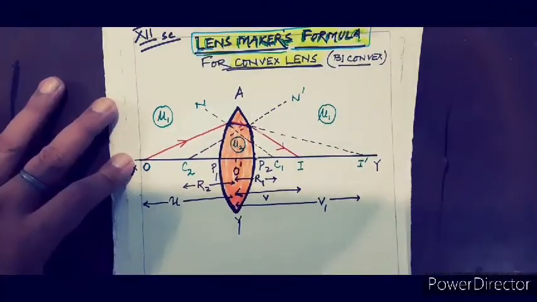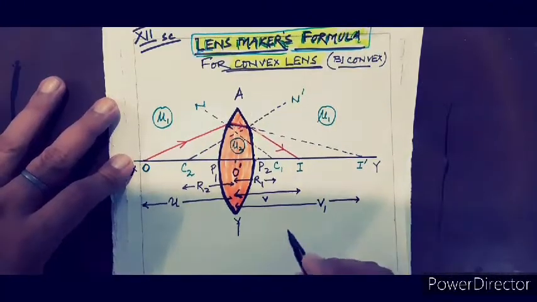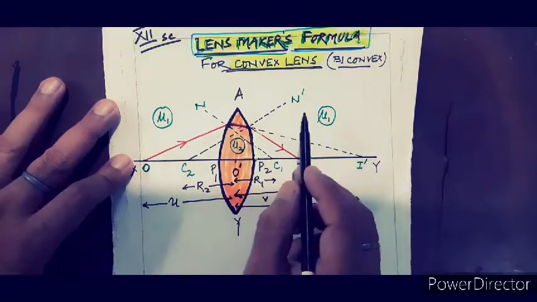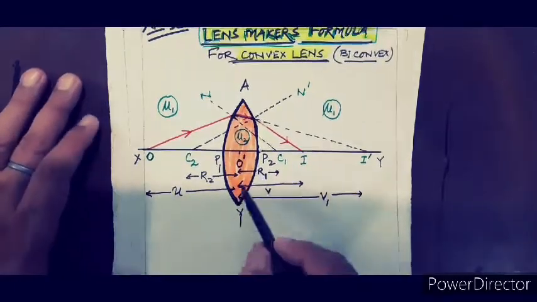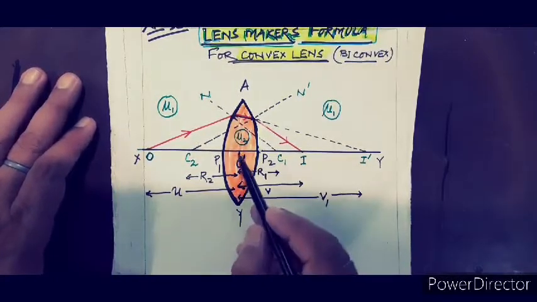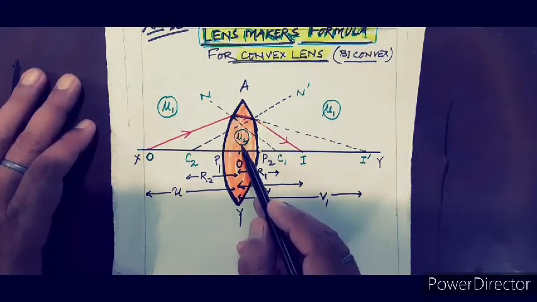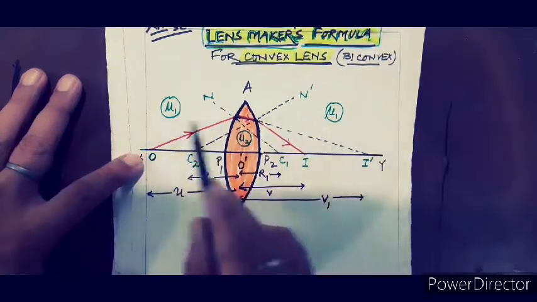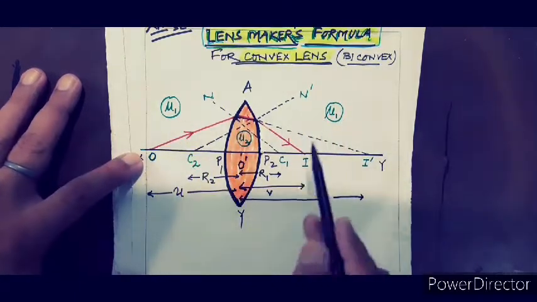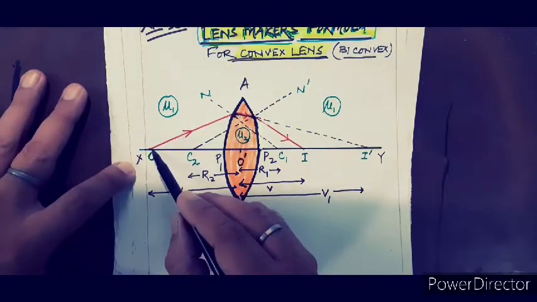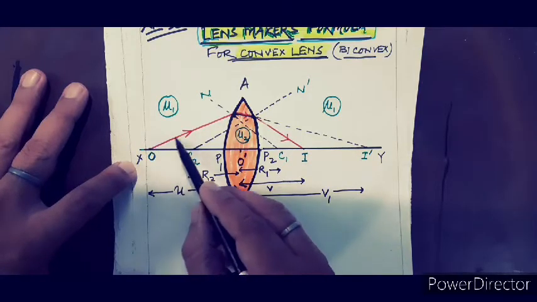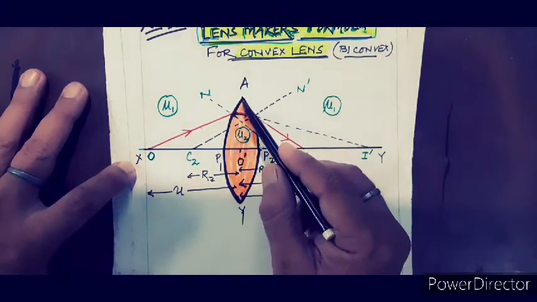In this video, we are going to discuss the lens maker's formula for the convex lens, the biconvex lens. See the ray diagram. Biconvex lens, mu2 is the refractive index of the material of the lens, mu1 is the refractive index of the medium outside the lens. Here, what happens when the point object O, from this point object, a ray is striking onto the surface